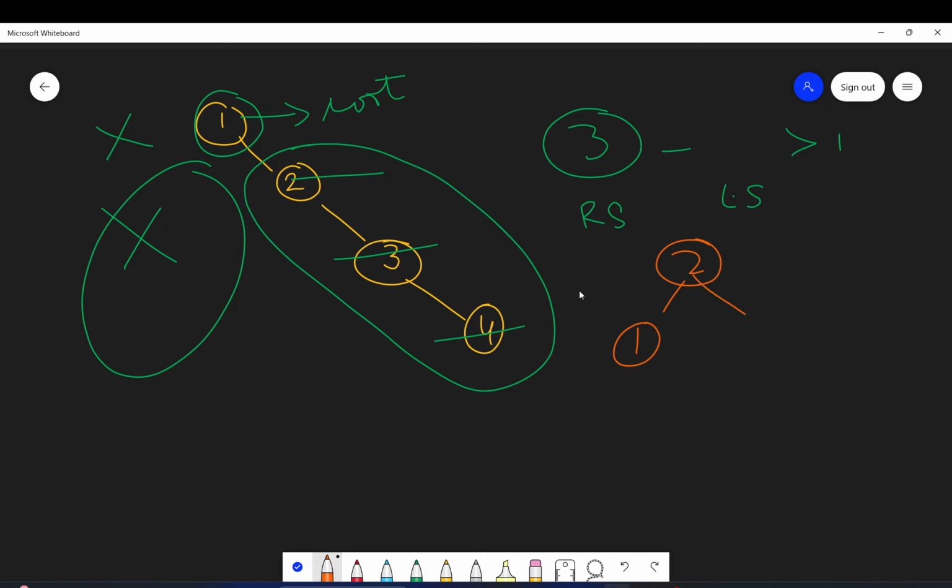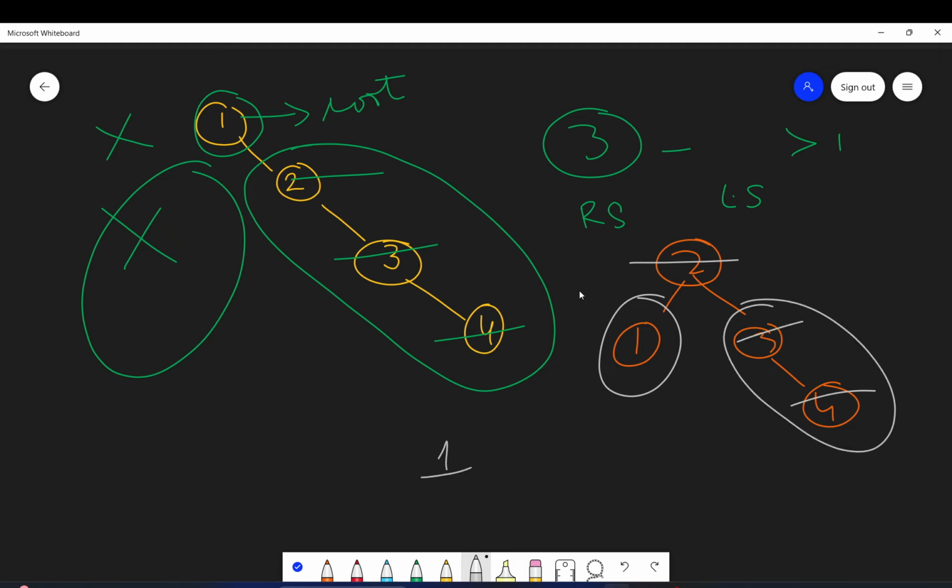So if you see this one here, let's take this root node. Here the left subtree height is 1 and the right subtree height is 2, right? So always the difference is 1. For this node also, if you talk about left, there is no child, but on the right, it has 1 height. So 1 minus 0 is 1.